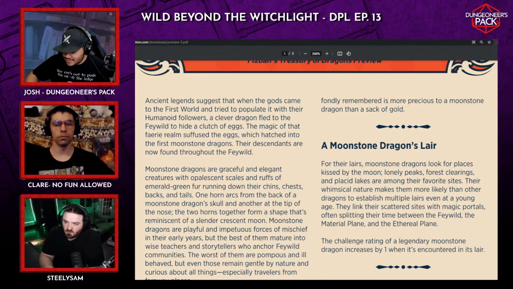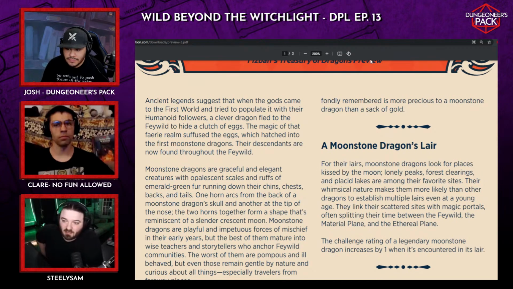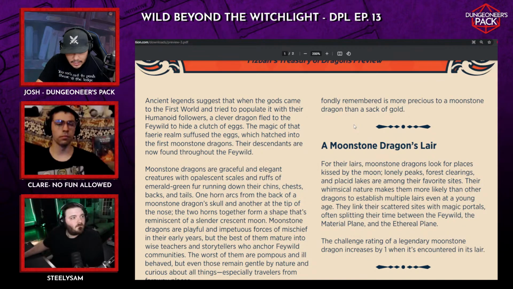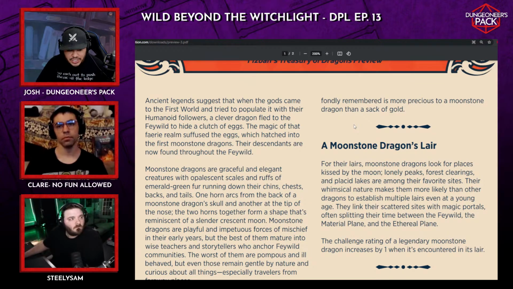I think Fizzban's will have adventures in it. Oh, I watched the talk about Fizzban's. There wasn't a whole lot of information there, but I know they mentioned maps, some good lair maps, but I don't remember adventures. Yeah, and I think a lot of the stat blocks are not just going to be solely dragons. I think they said like 80 stat blocks in the book, but they're also going to be servants of dragons, other dragonborn that can help out the dragon, and other creatures that surround themselves with dragons.